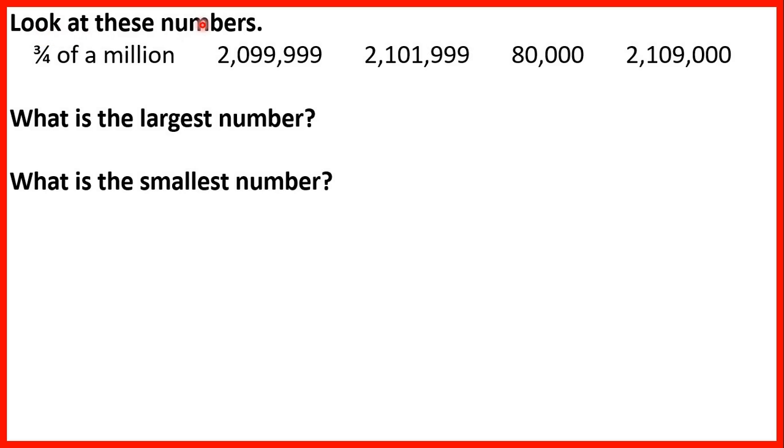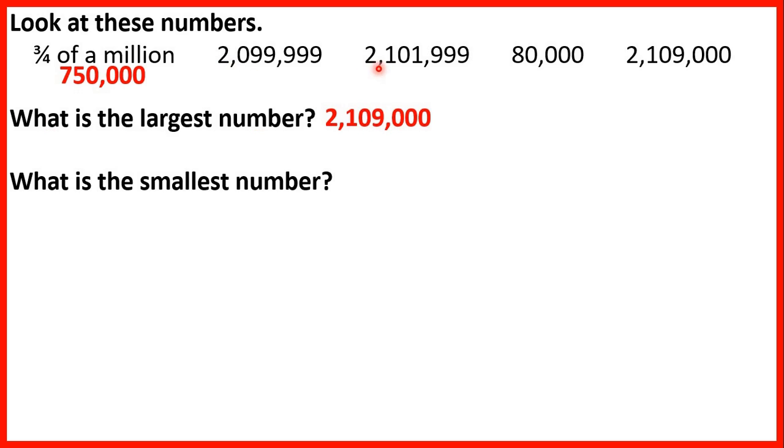Look at these numbers. So first we have 3/4 of a million, so that's 750,000. If you know that 3/4 of 100 is 75, that means 3/4 of a million will be 750,000. So we need to compare these numbers, and first we have what is the largest number. Well, that's